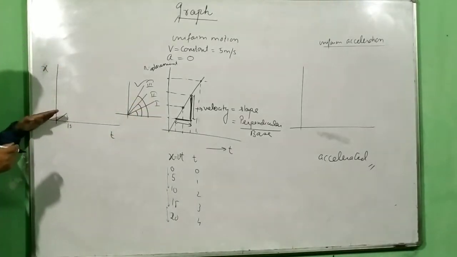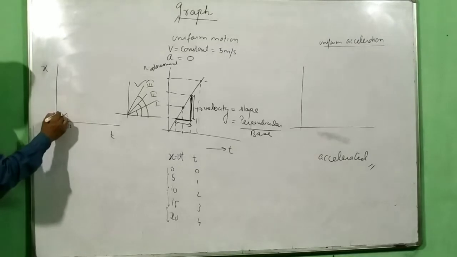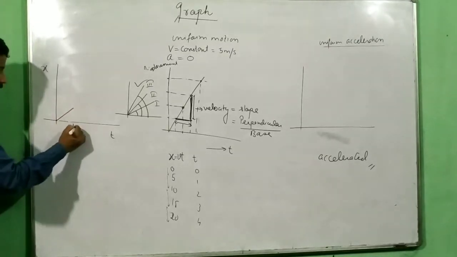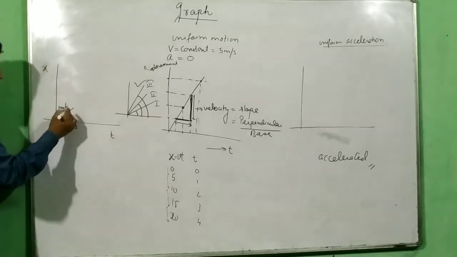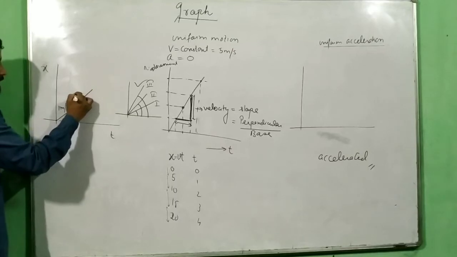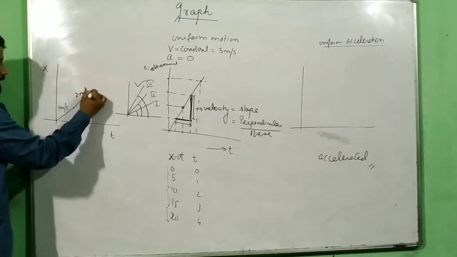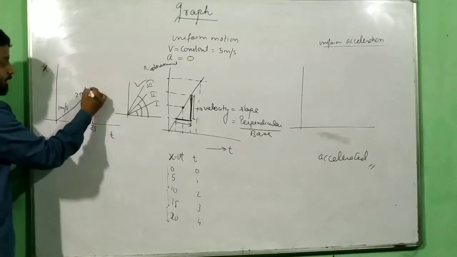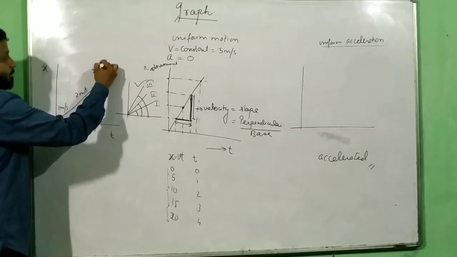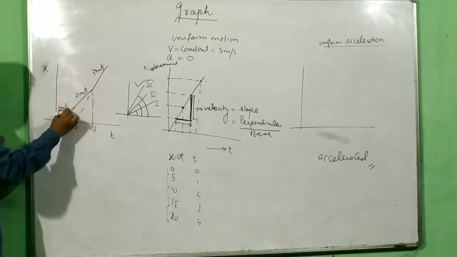So if I compare, let us say from here to here is 1 second and the speed was 1 meter per second, then from 1 second to 2 seconds the speed has increased. So this becomes 2 meters per second. This is another second. In the third second he decided to move with 3 meters per second. Can you see the slope? Can you see the slope?